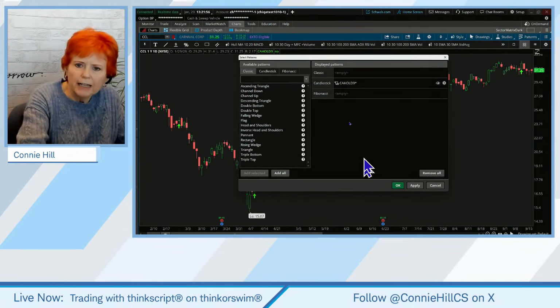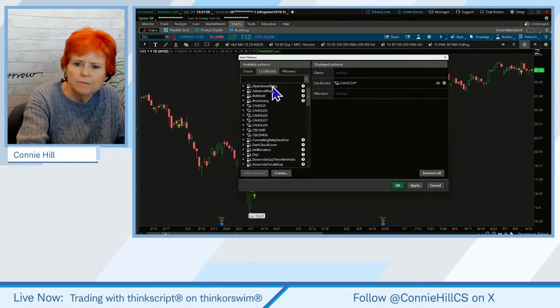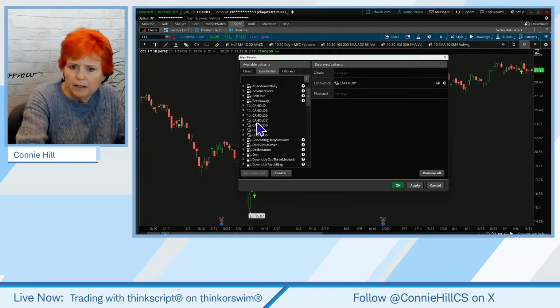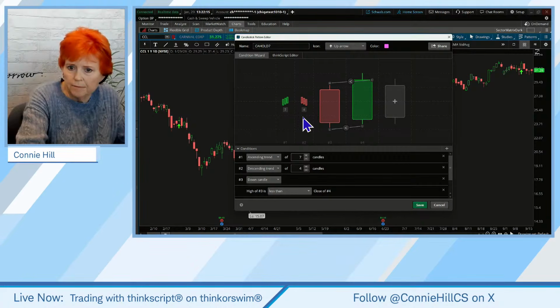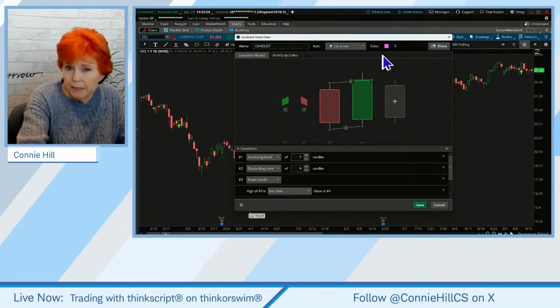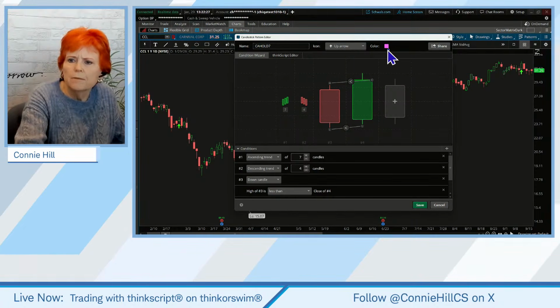And if I come back over here to candlestick, I showed you I had some different ones. My hold 7, if I click on the script here, I put the 7 there because it's 7 candles going up. And then I did 4 candles going back. It has the pink arrow on it because I didn't save the color to be something different when I created it. But I'll just go ahead and leave it pink here, okay?